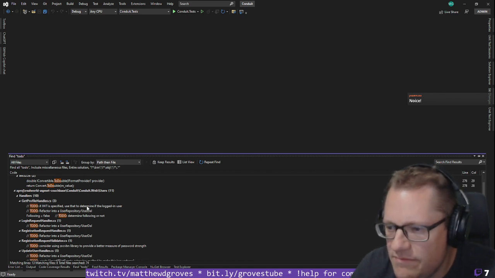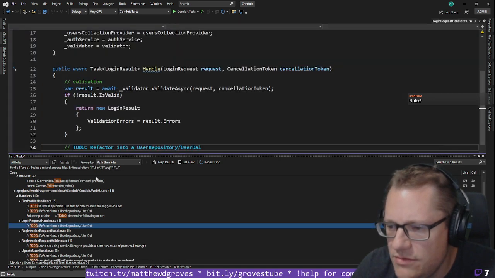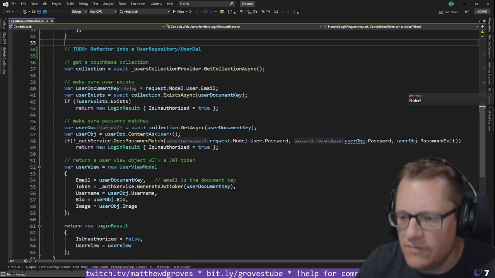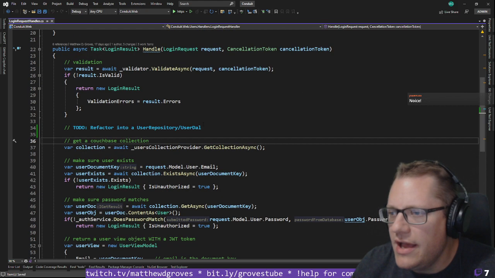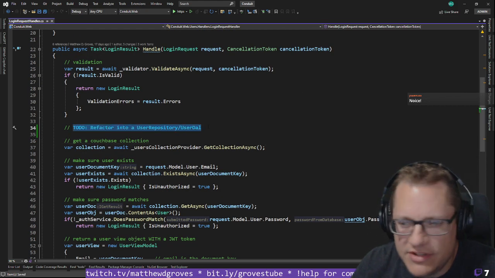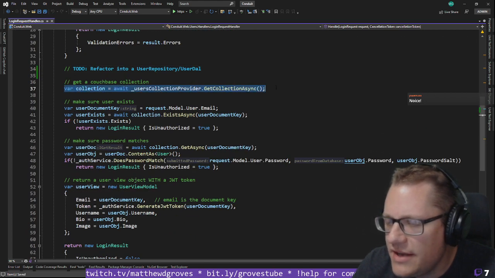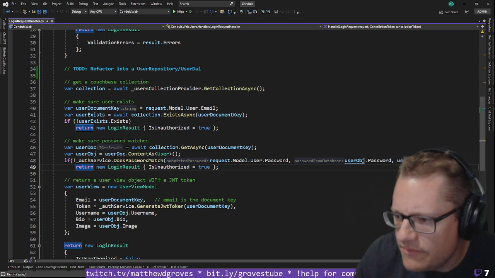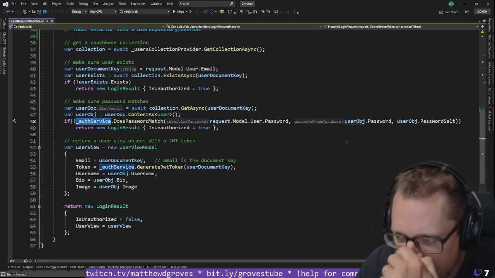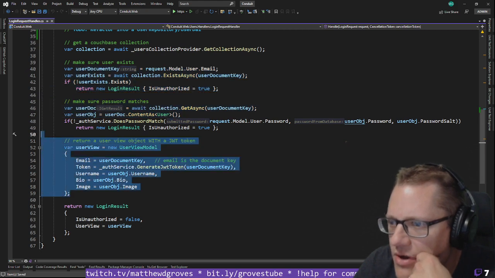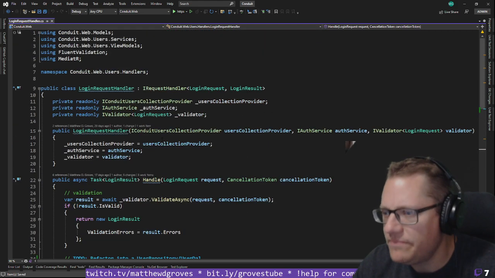Okay. Let's do login request handler next. Okay. So I put the to-do here because I was going to revisit this. All right, but let's see what we've got here. We've got data access, checking the user exists, and then we make sure the password matches. Uses auth service, which is fine. And okay, so I think this just needs to be using